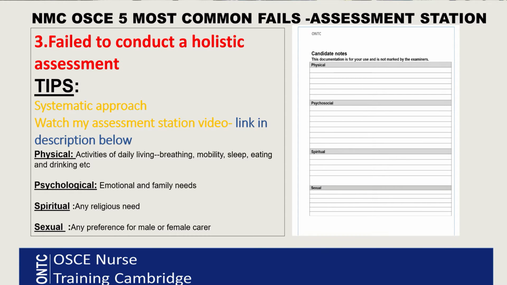Look at this, they have given you the psychosocial and social history of the patient. Think about whether there are any family needs or emotional needs for the patient. Is the patient anxious, worried? Does the family need to know how they are in hospital? All those things. Okay, next one is spiritual. Does your patient have any specific religious needs, or can you offer them a visit from chaplaincy, anything like that. Okay, sexual needs, again just very quickly,